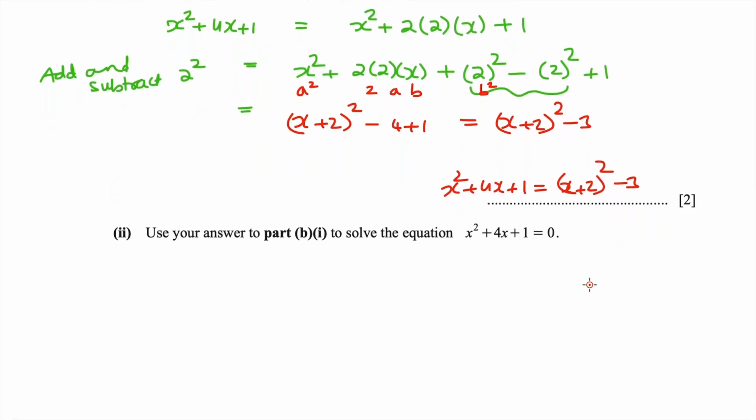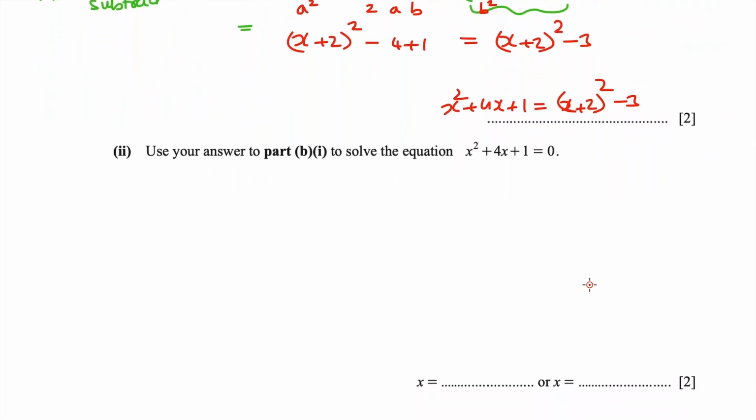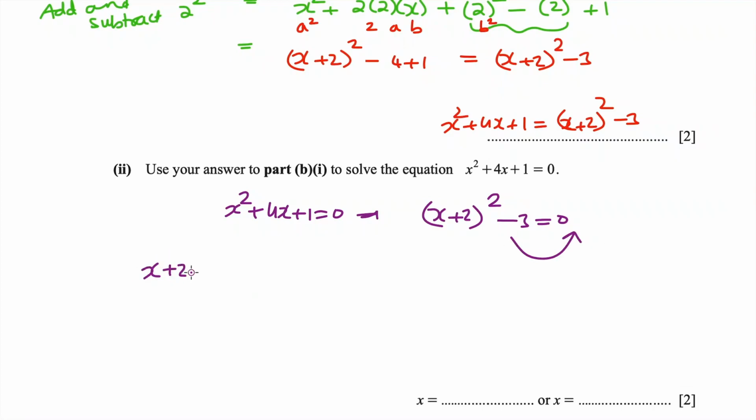Okay, so that is how you write it in the completed square form. Now the next part, use your answer to part B1 to solve the equation x square plus 4x plus 1 is equal to 0. So x square plus 4x plus 1 is equal to 0. That implies x plus 2 whole square minus 3 is equal to 0. If I take this minus 3 to the other side, x plus 2 whole square is equal to 3. And so apply square root